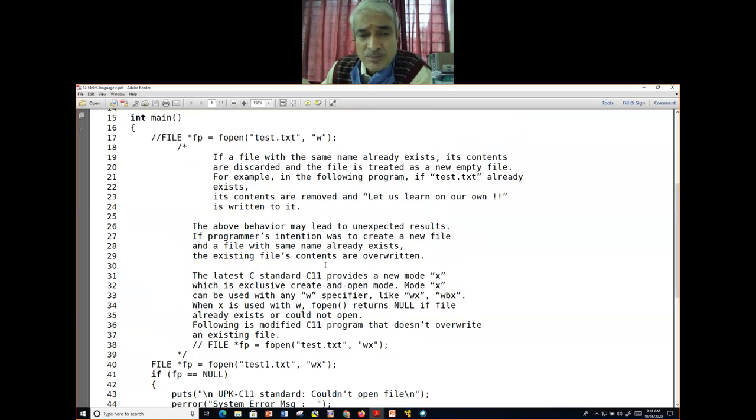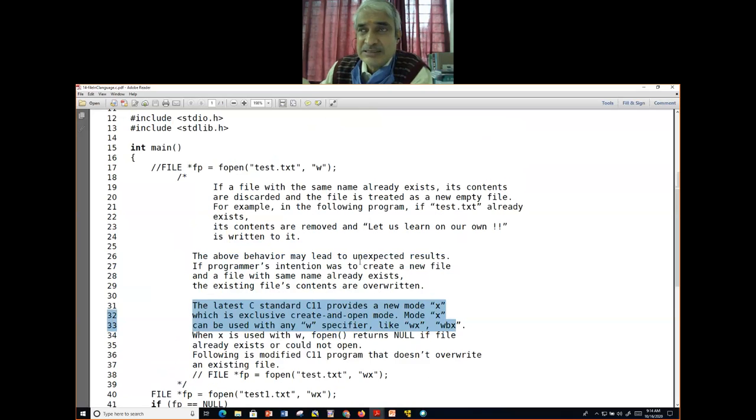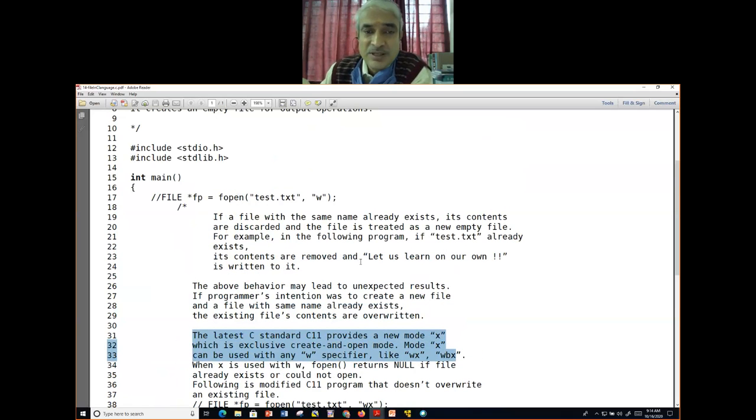Please go through that. And we said that the latest C standard, C11, provides a new mode x, which exclusively creates and opens a file. Mode x can be used along with the w specifier, like wx. What is the purpose of this? See all these things. Is that clear for you?